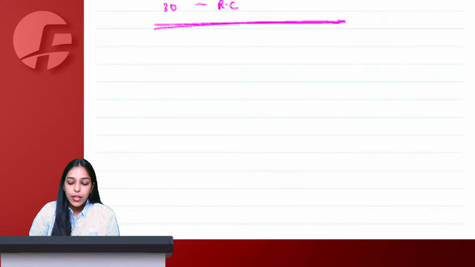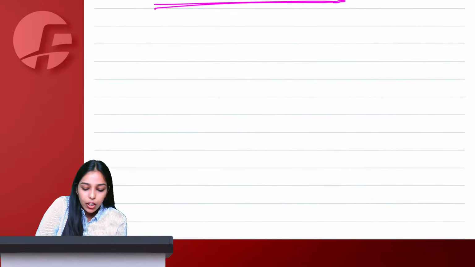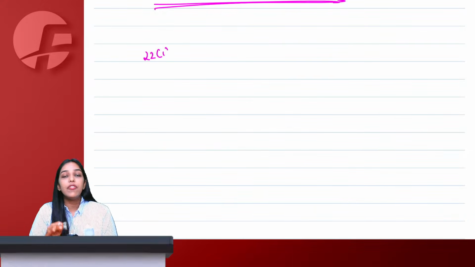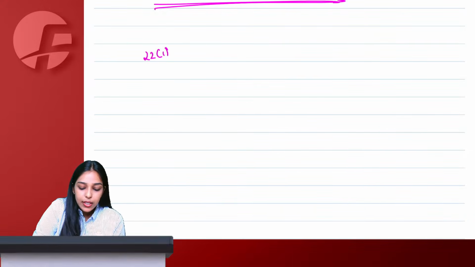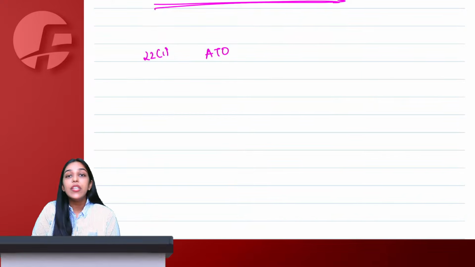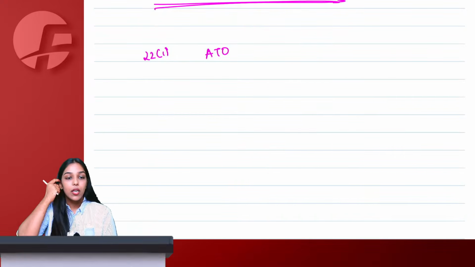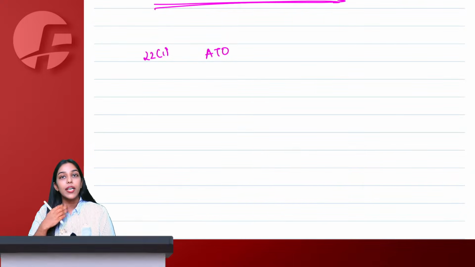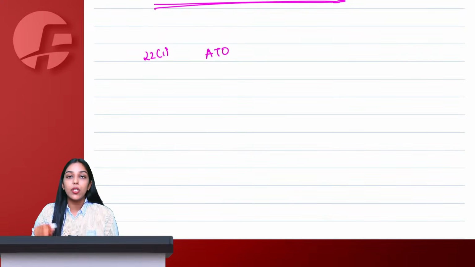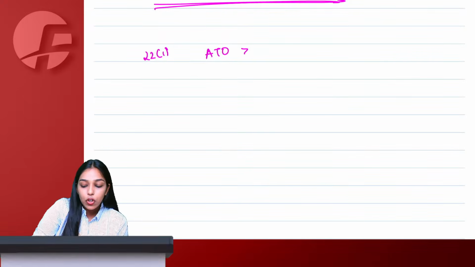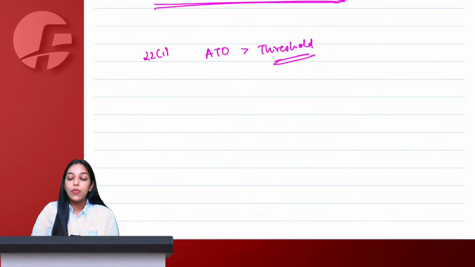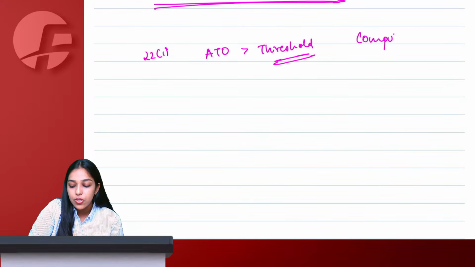First of all, section 22(1). Section 22(1) says that if the aggregate turnover of any person on a pan-India basis, so the turnover that you are doing from all your places of business across India, you have to take in total. So if the total aggregate turnover on a pan-India basis crosses the threshold limit given under section 22, then you will have to take compulsory registration.